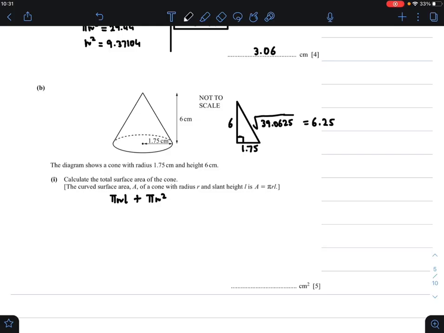So now we have all the values, and let's just substitute the values into the formula. So R is 1.75, the slant height is 6.25 plus pi, and R is 1.75, so 1.75 square. Now all we need to do is input this into your calculator. So pi multiplied by 1.75 multiplied by 6.25 is equal to